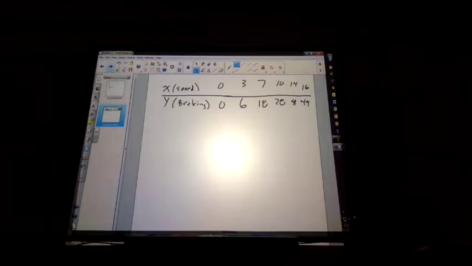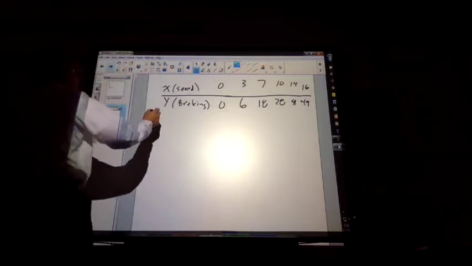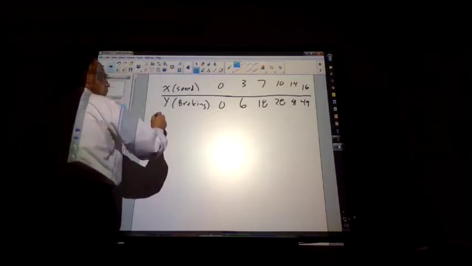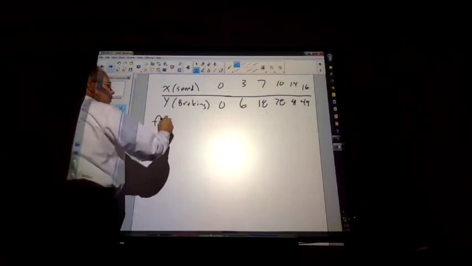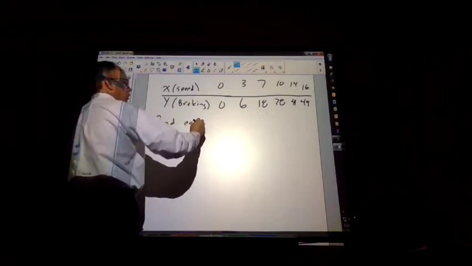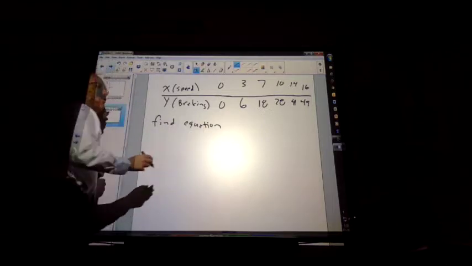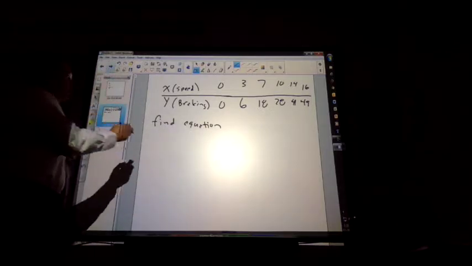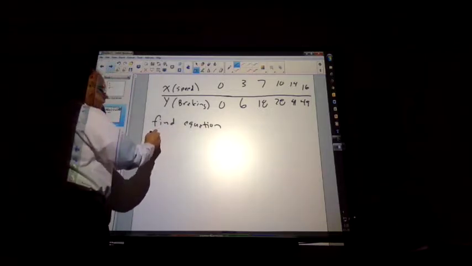So what I want you to do is we have the speed of an automobile in miles per hour, and we have the braking distance. Okay, so I want you to go ahead and plug this into your stat plot on your calculator. Things we're going to answer on this question: we're going to find the equation. We are also going to find two other things. We would like to know what the braking distance